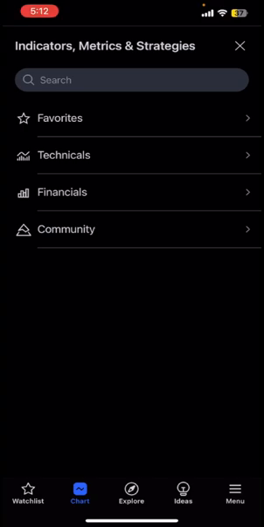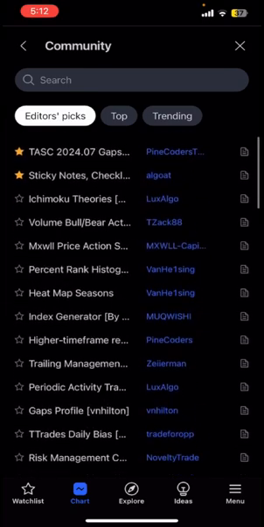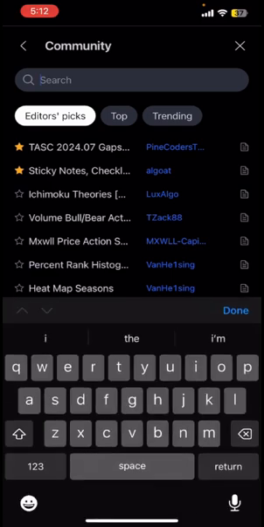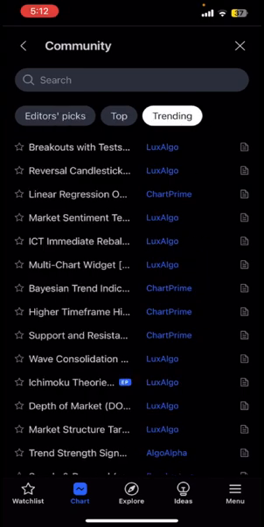library. Once you tap on that community option, you will be redirected to the community section, where you can find a large number of indicators and strategies provided by the community or public. And if you want to search for specific trading indicators or strategies, then you can simply search by tapping on the search bar. And you can also filter the indicators by tapping on top, trending and editor's